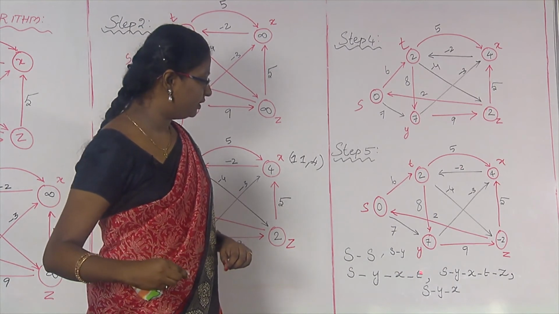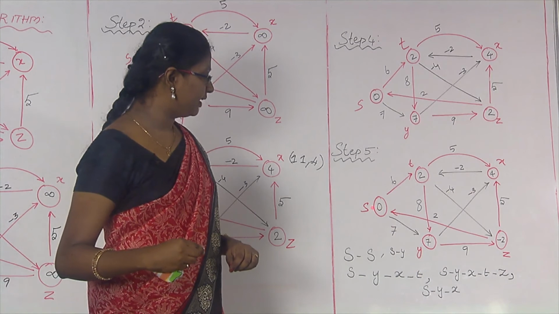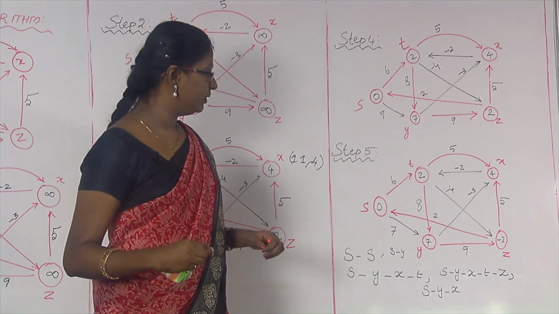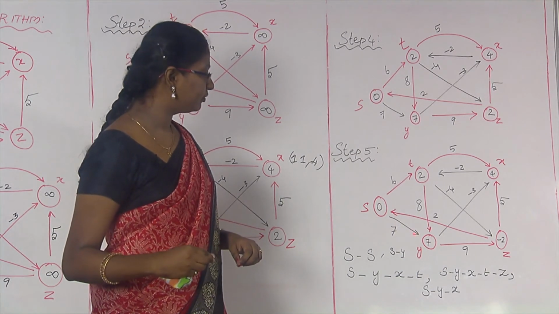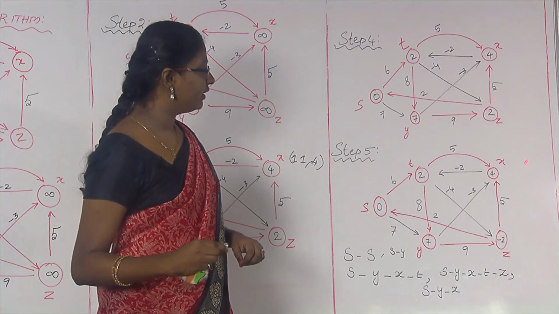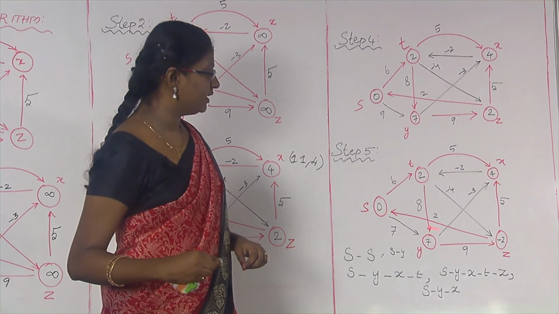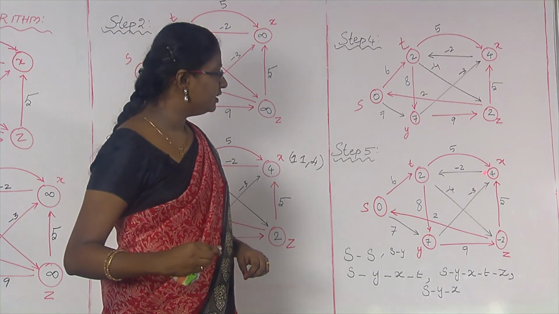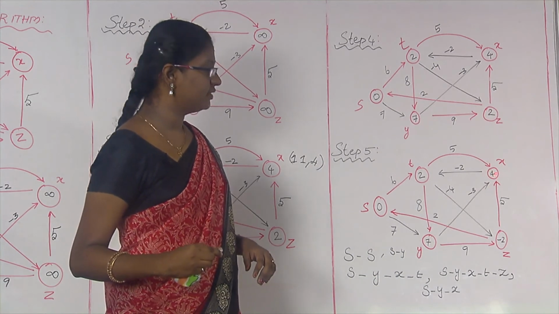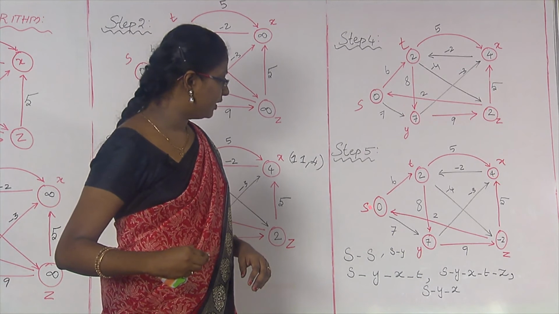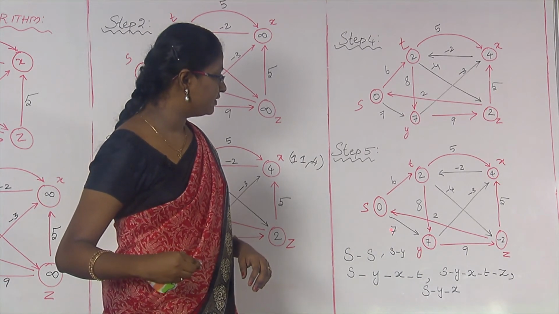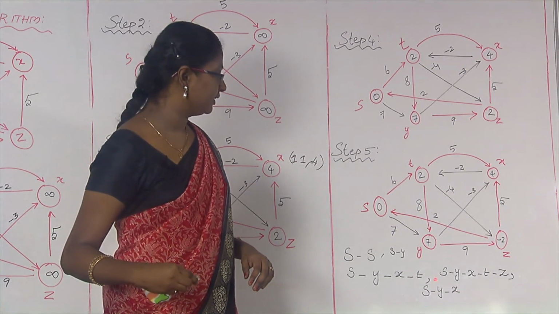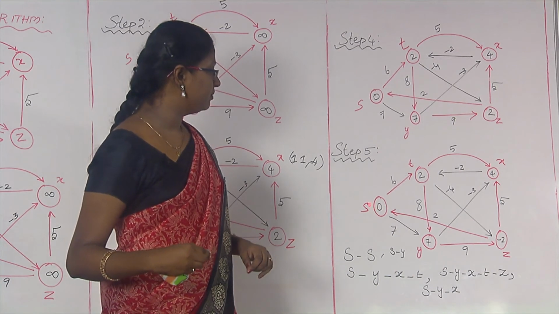So, we finish with S to T, and consider the path from S to Y. Here S to Y, the minimum distance is 7. If you consider any other path, the distance would be greater than 7. So, minimum is 7 here, and we will finish with T, Y. We have to find the path from S to X as well as S to Z. So, consider S to X. Here step 5 is saying the distance is 4. So, the path is from S to Y, Y to X, that is the distance 7 minus 3, that is 4. From S to Y, Y to X, this is the shortest path, and I have to find the shortest path from S to Z.